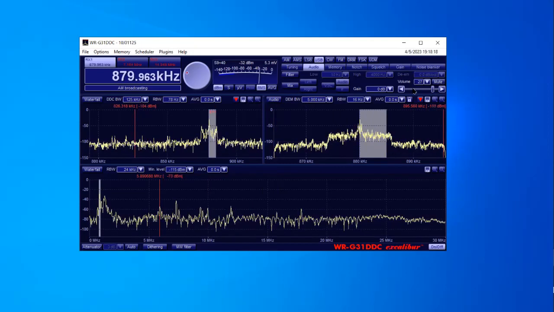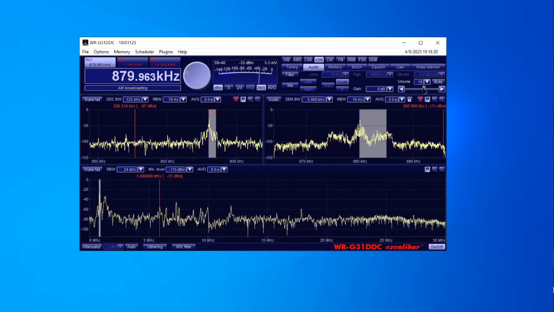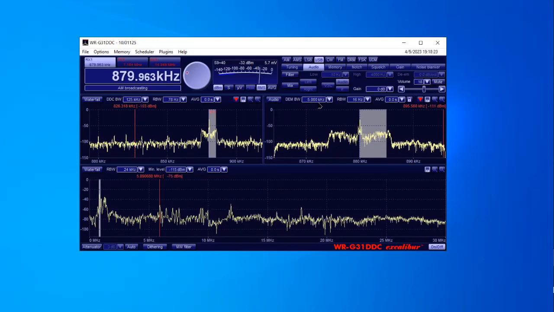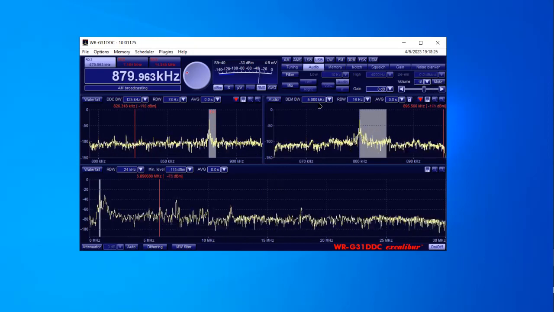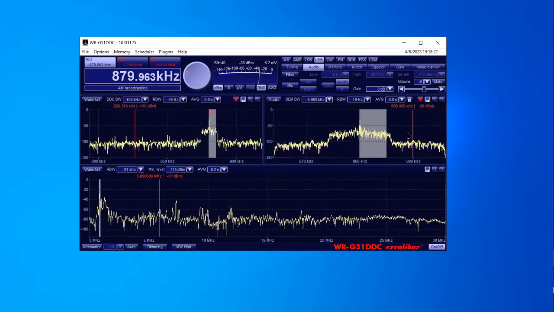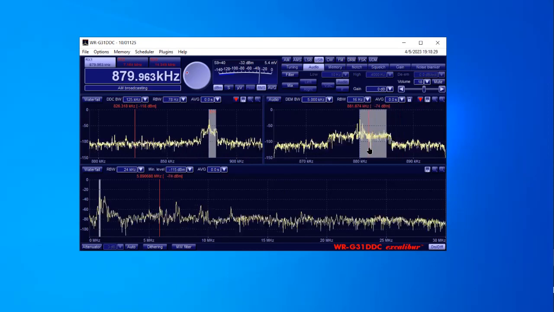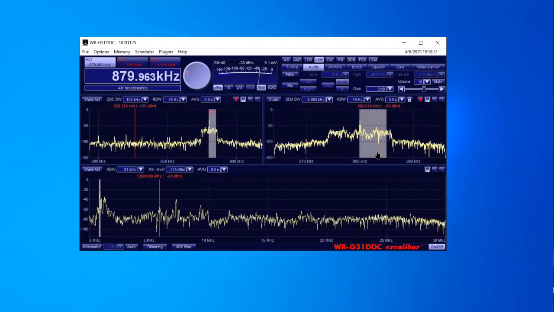And you see, you can still hear it. But see how much, if you look at the difference, the white highlighted portion here is